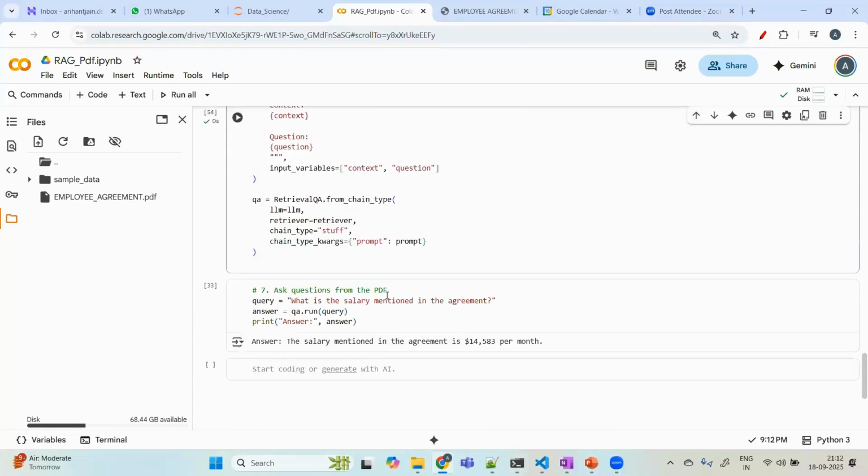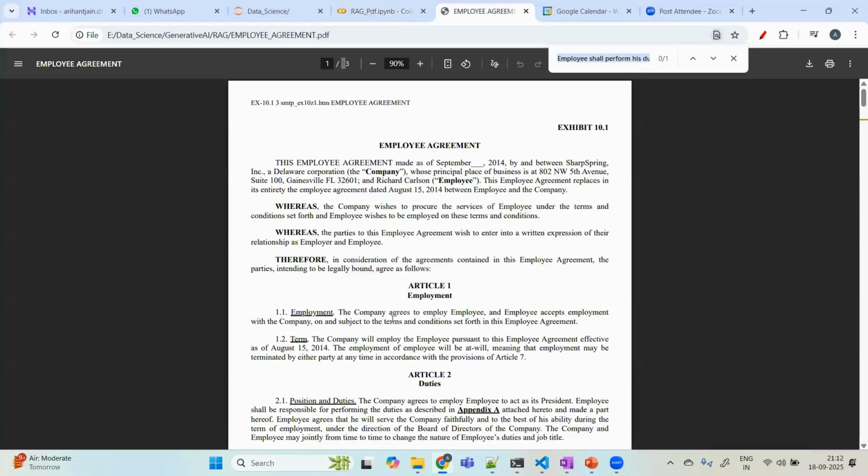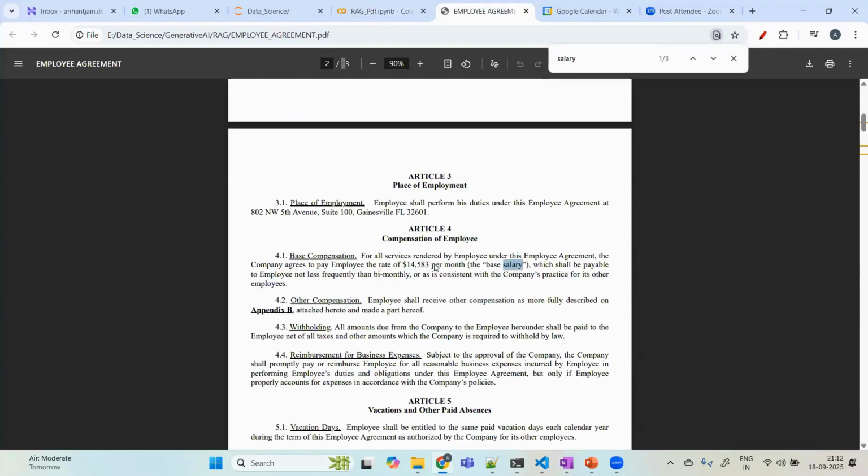Now just run this, right? And here we are asking the question. So let's start asking the questions. Let's suppose the first question which we have asked is: what is the salary mentioned in this document? So what we can do, I can double check, right? Control F, salary. Now see, salary was